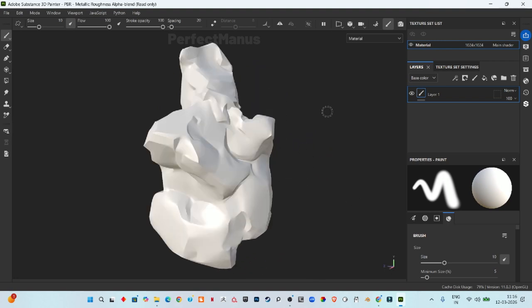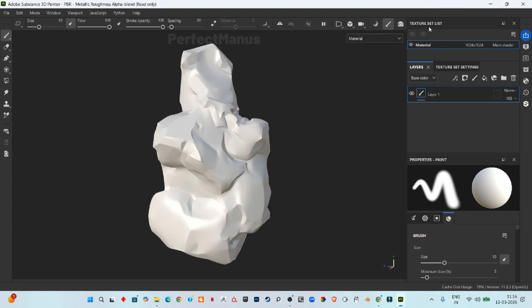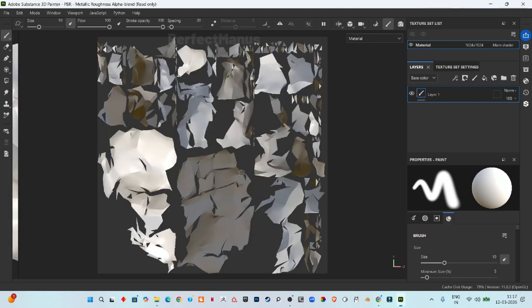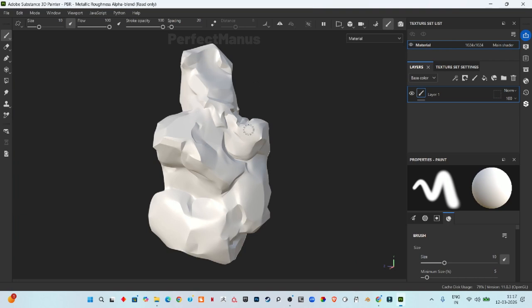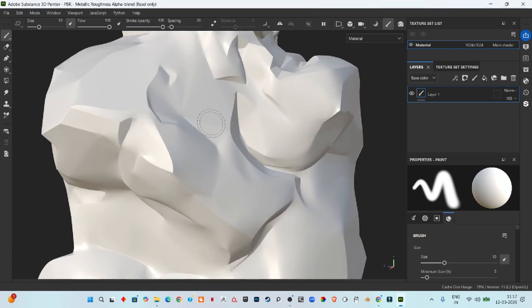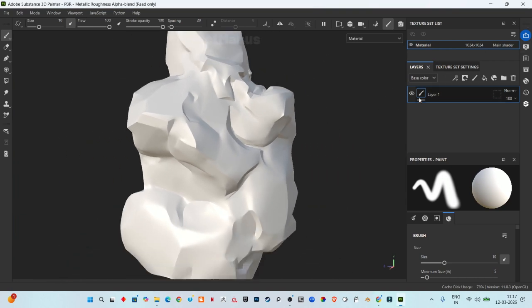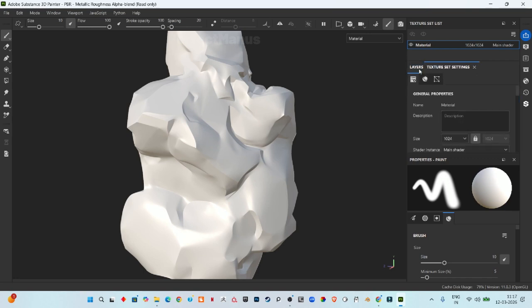So by default, whenever you see this, you see that the texture set list is there, which contains its UVs. So on these 3D texture files, the layer base is here and the texture set list is there. Before we start anything, we first have to bake it. So we'll be baking it from here,